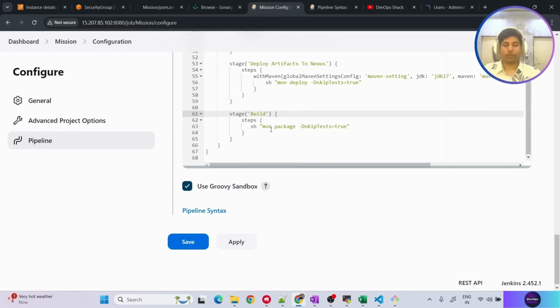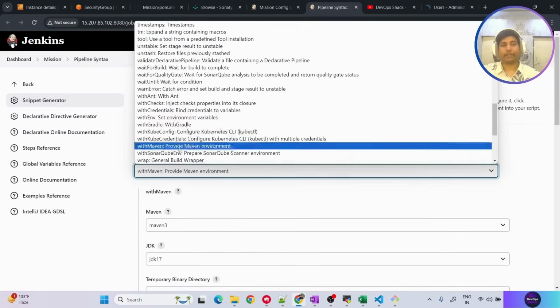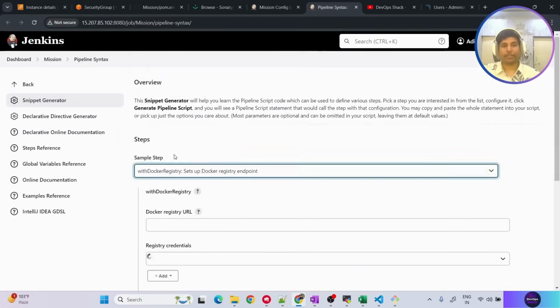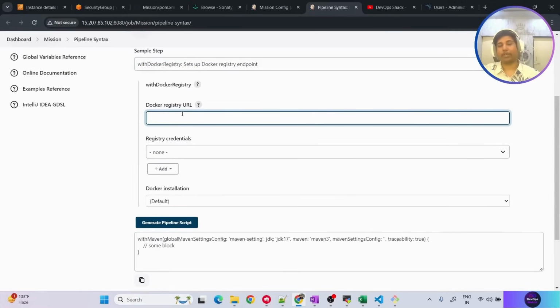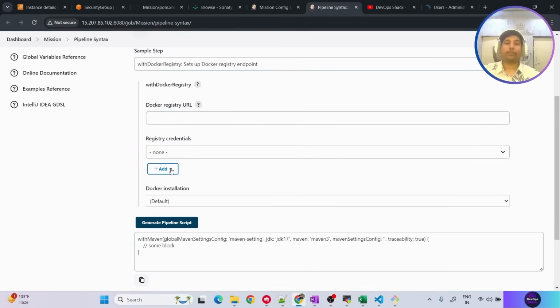And for the name, I'm going to write build and tag Docker image. Now we need to write the steps for building the Docker image. So first of all, we need to create a script block, and inside this script block we'll be writing our steps. Again, for Docker also we can go to pipeline syntax and search for with Docker registry. Since it's a public Docker registry, we don't need to provide the URL, but we still need to provide the credentials. So we can click on add,